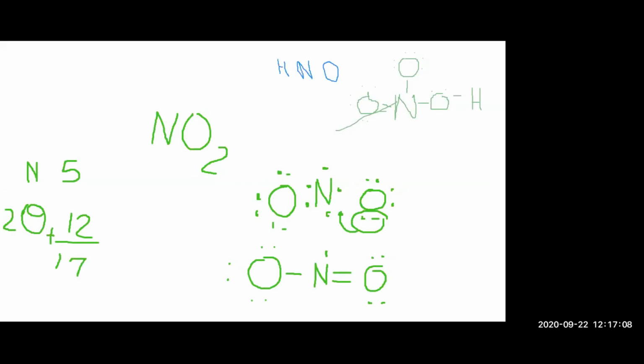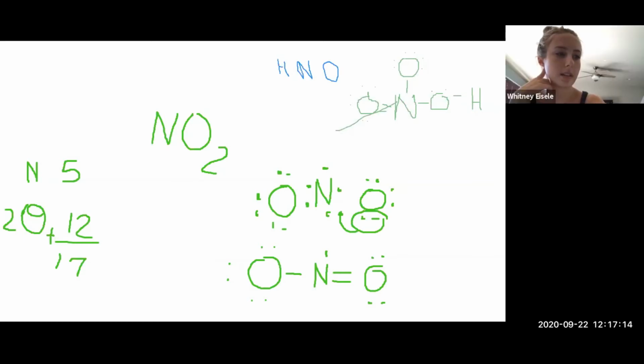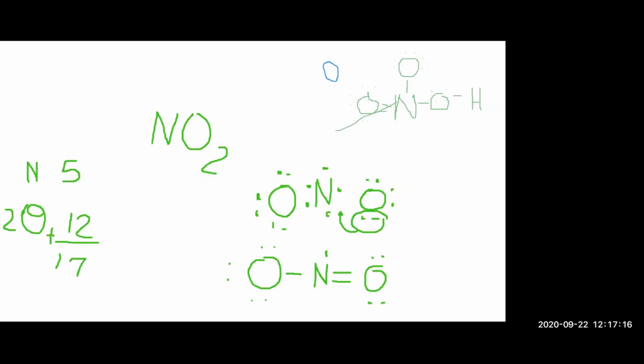Because you need them all to get to 8. The oxygens have to get to 8. You have 6. So if you take 2 from the nitrogen and give it to the oxygen to share, that makes 8. So you would do that with 2 of them, right? And then